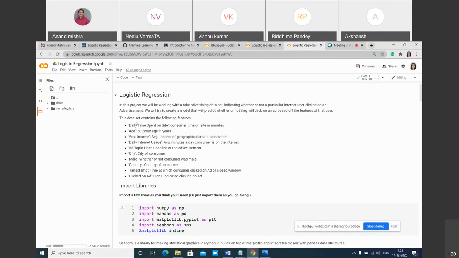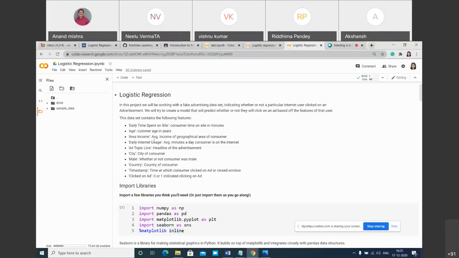Okay, so this data set contains daily time spent on site. Sorry, so what does it mean? It is the consumer's time on site in minutes. So you probably spend some time on any site, so these are some records already found. Age is the customer's age, area income is the average income of the geographical area of consumers.